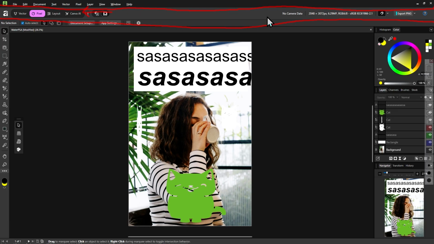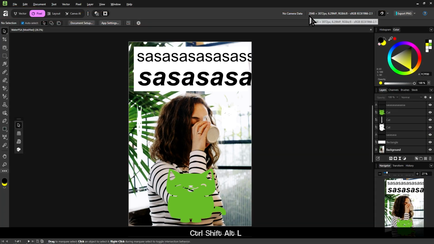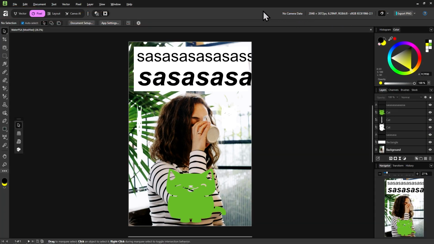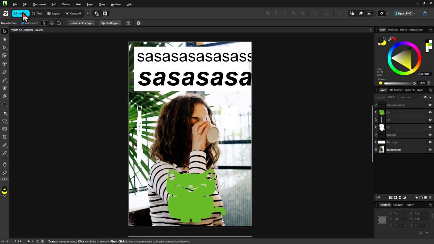For one, it shows you certain information like the size of your document, which you can see here, and it also gives you quick access to certain tools, which change with the studio you are currently in. So we are in the Pixel Studio. There aren't many tools for now. Just for now, okay? But just for this video, let's give the Vector Studio a quick visit.